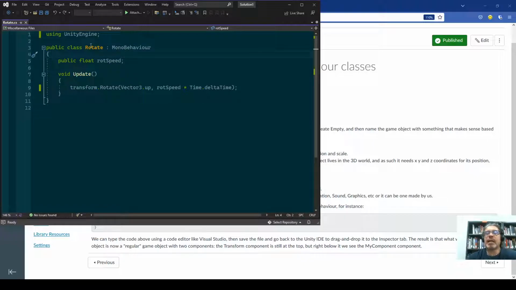In this case, Rotate is something that we want to drag and drop onto the cube, for instance, and have it spin. So in this case, it has a data member that is a public float called rotationSpeed, and then we call transform.Rotate on the vertical axis. So the axis is this one, so the rotation will happen like this, and then rotationSpeed as usual times Time.deltaTime. So we go back to Unity,